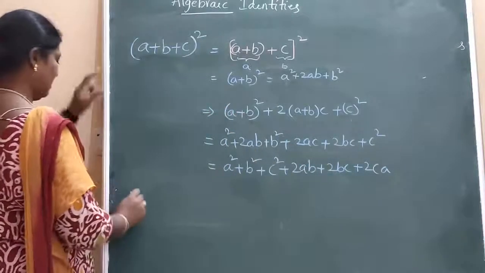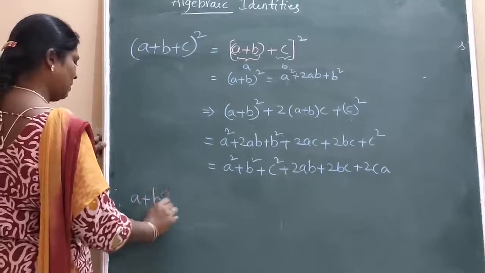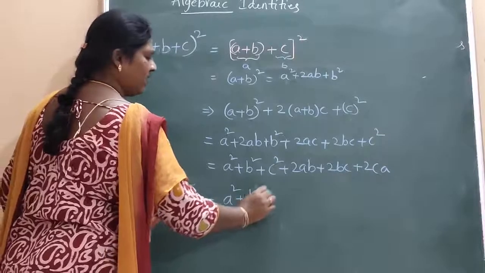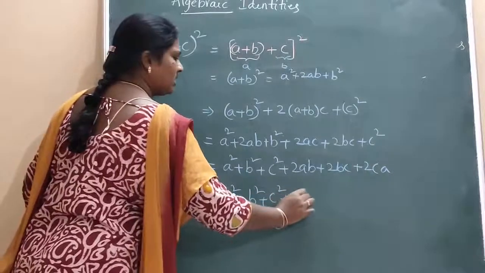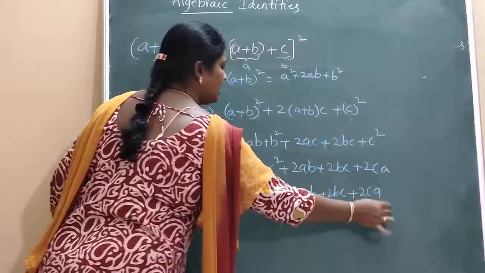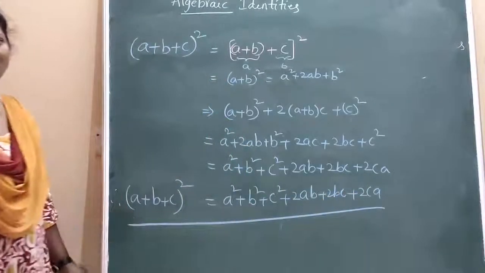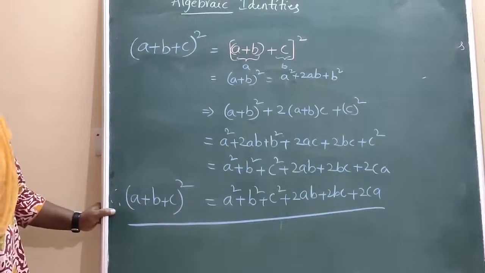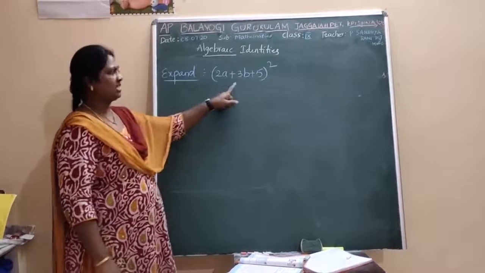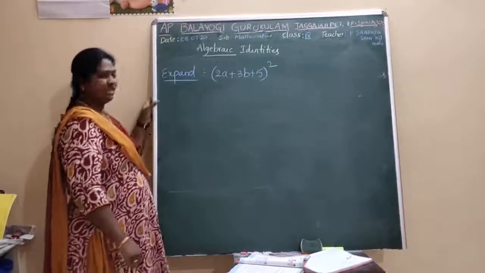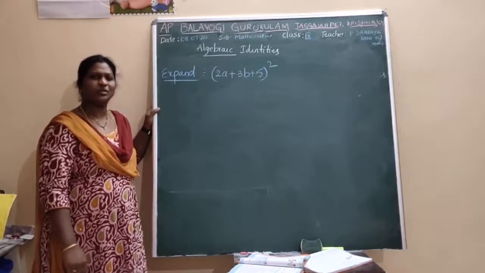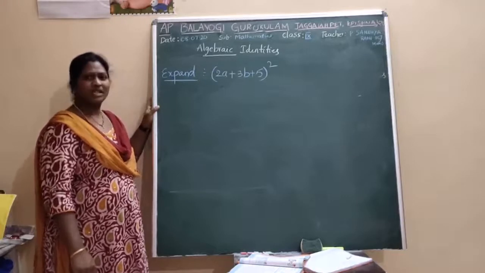Again we write a square plus b square plus c square plus 2ab plus 2bc plus 2ca. Therefore, a plus b plus c whole square is equal to a square plus b square plus c square plus 2ab plus 2bc plus 2ca. This is the fifth identity of the algebraic equations. Let's see one example. That is, expand 2a plus 3b plus 5 whole square. Earlier we know that a plus b plus c whole square equals a square plus b square plus c square plus 2ab plus 2bc plus 2ca. No? We have to use this